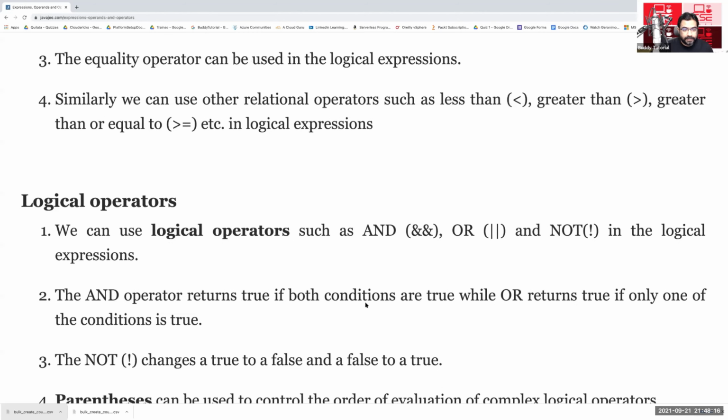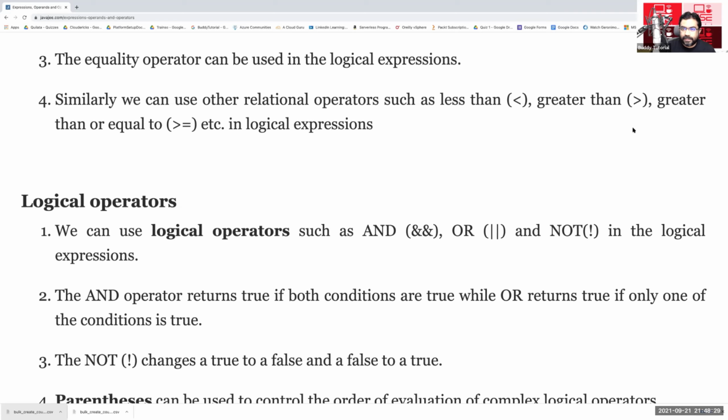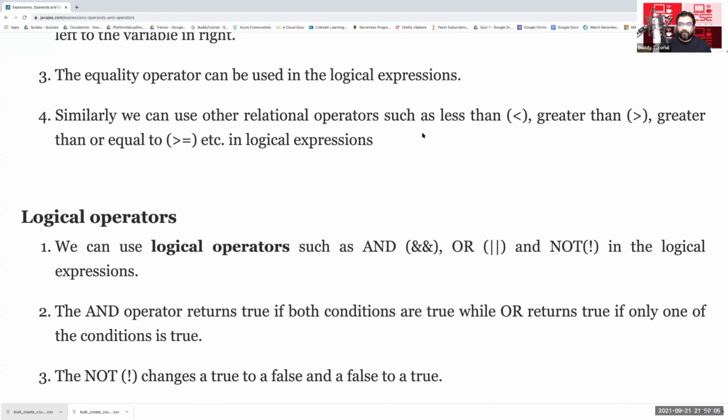The and operator returns true if both conditions are true, while the or operator returns true if one of the conditions is true. Not changes a true or false value. So if a equal to 5 and b equal to 6, and I do not of a equal to b, what will be the result? Will it be true or false? So what was the question?